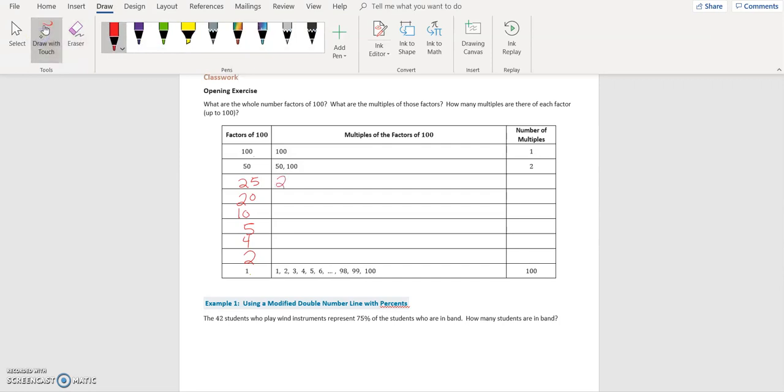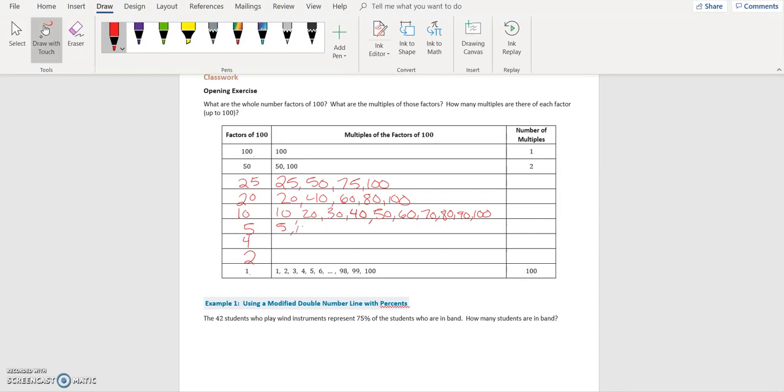25, 50, 75, 100. 20s. 20, 40, 60, 80, 100. 10s. 10, 20, 30, 40, 50, 60, 70, 80, 90,